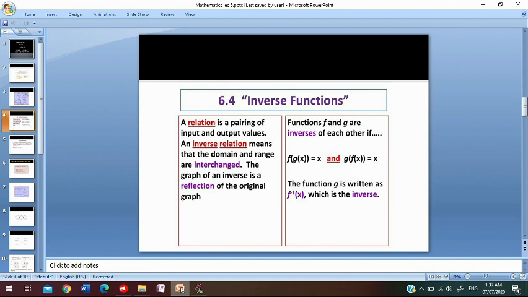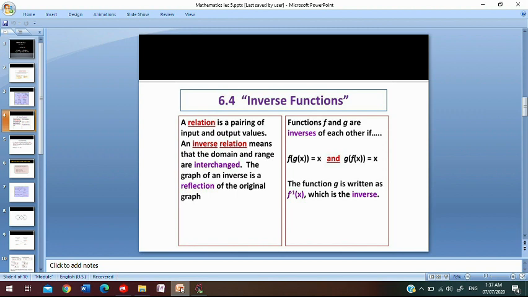This means the range of the domain of f becomes the range of g, and the range of f becomes the domain of g, and the graphs of both functions are reflections of each other. Or in other words, we can also explain that functions f and g are inverses of each other if